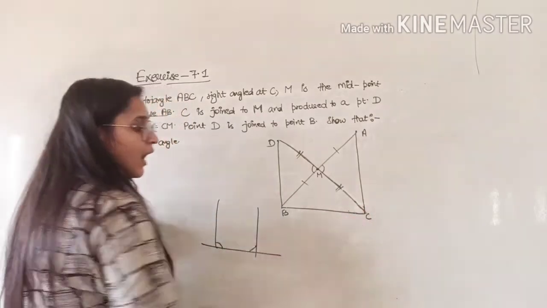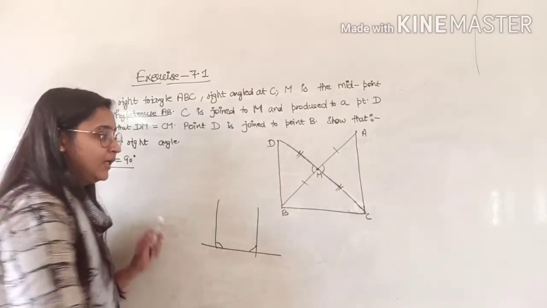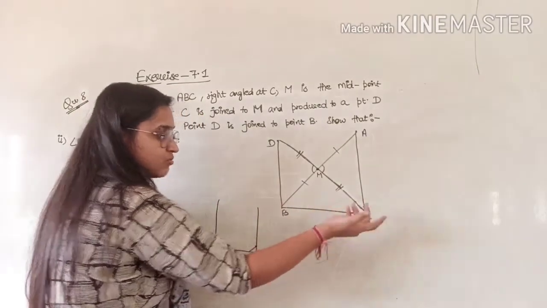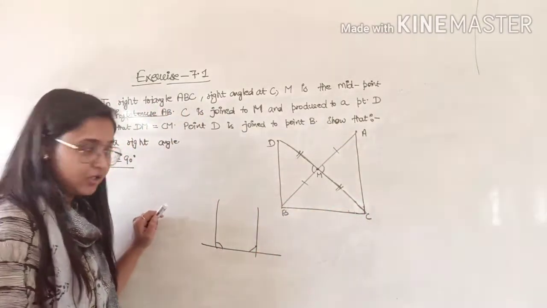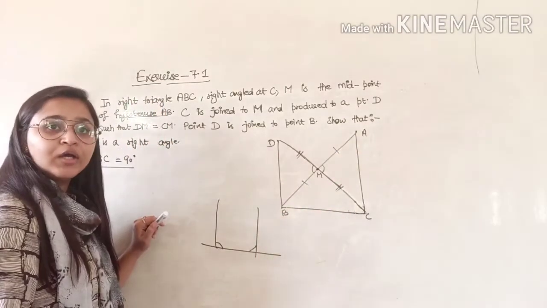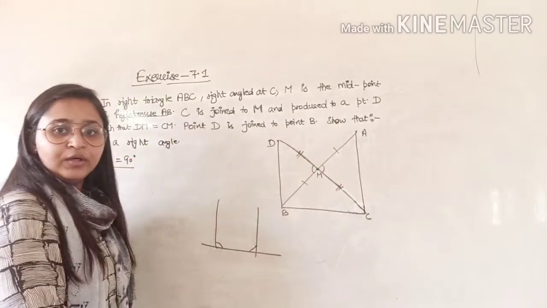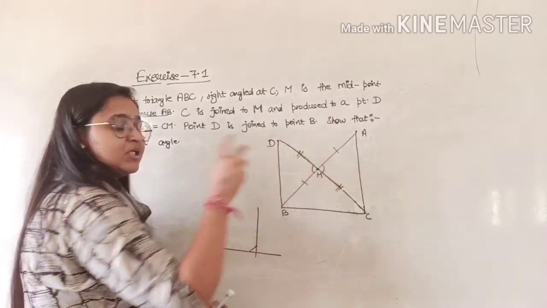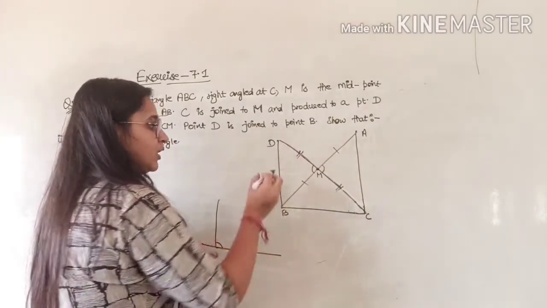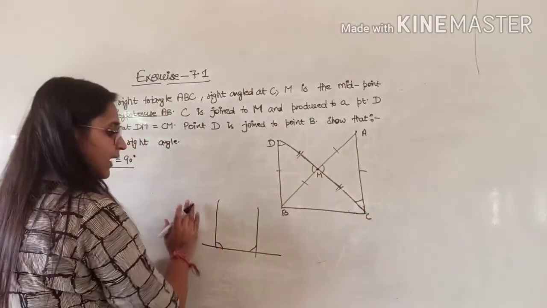From this point, the thing that comes to my mind is if these two lines are parallel and this is a transversal line, then sum of these two angles will be 180 degrees by consecutive interior angles. So the main point is now I have to show that these two lines are parallel. And how can I show that? See, these two triangles are congruent, and if they are congruent, it means all of the 6 corresponding parts will be equal. These two sides are already given to be equal. This side will be equal to this side. This angle will be equal to this angle by CPCT.